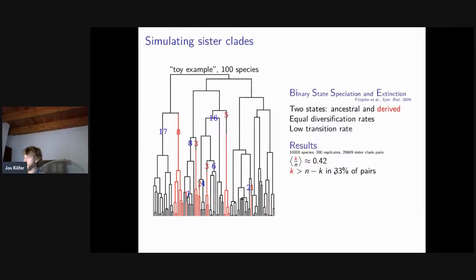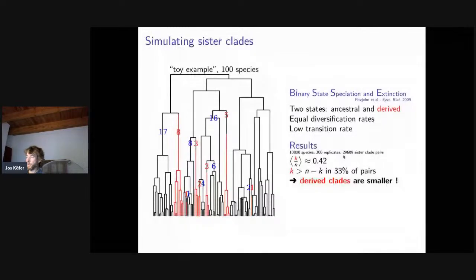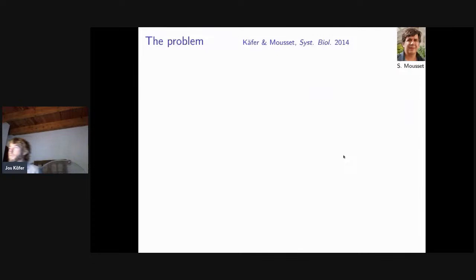So dioecious clades are often smaller, and on average, there are fewer species in the dioecious clade, in the derived clade. So what's going on here? We have the derived clades are smaller. We have equal diversification rates. So I was wondering what I did wrong in my simulations. So I went next door to the office just next to mine to speak to Sylvain Mousset, who's a colleague who does mathematics on mainly population genetics, but he was interested in these issues as well. And we figured out